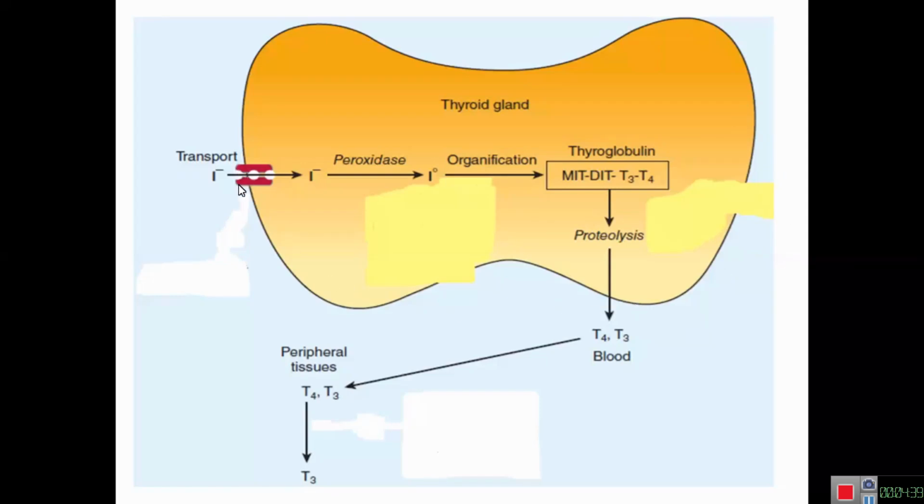The first group of drugs, we call the iodide trapping inhibitors. Second, we call the hormone synthesis inhibitors. Third, the hormone release inhibitors. Fourth, the thyroid follicular destroying agents, which are able to destroy the follicular cells. And the fifth group of drugs, we classify as the peripheral conversion inhibitors, or simply we will call them the beta blockers.